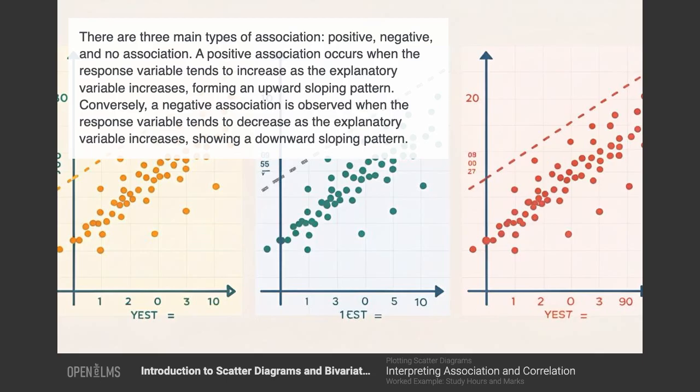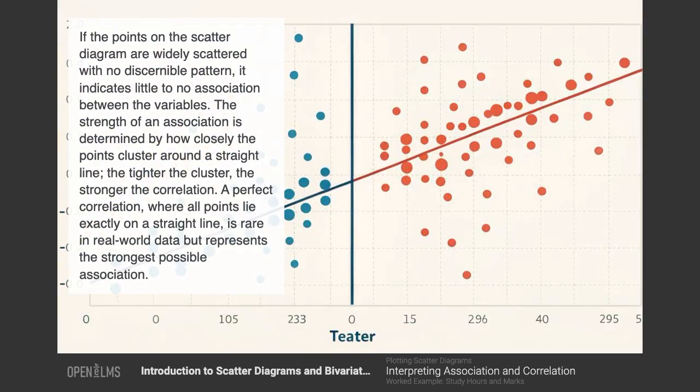A positive association occurs when the response variable tends to increase as the explanatory variable increases, forming an upward-sloping pattern. Conversely, a negative association is observed when the response variable tends to decrease as the explanatory variable increases, showing a downward-sloping pattern. If the points on the scatter diagram are widely scattered with no discernible pattern, it indicates little to no association